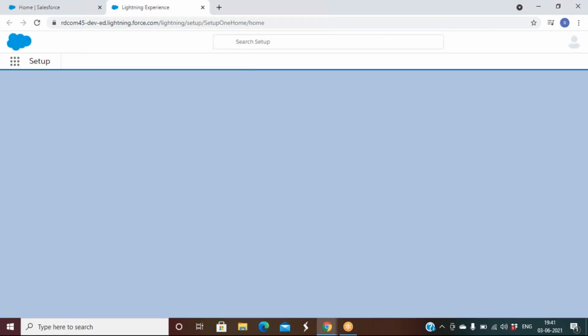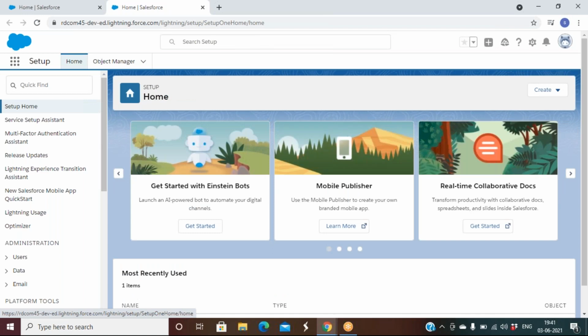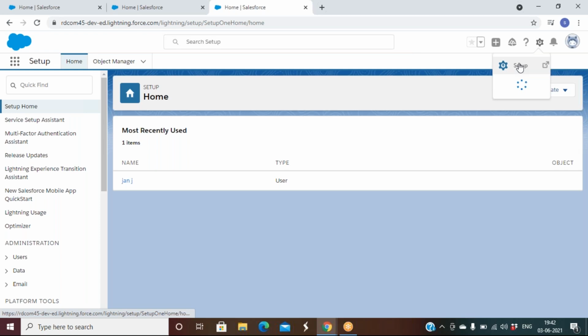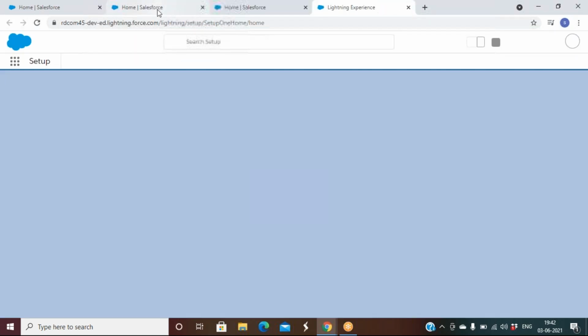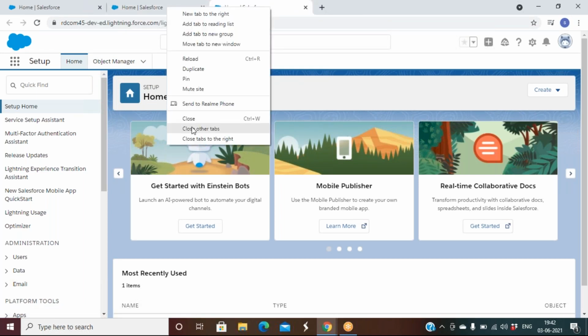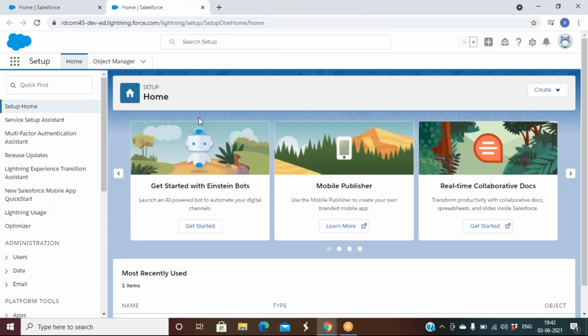Remember, can I open more than one Setup? We might have this question internally: sir, can I open multiple setups at a time? Yes, of course, you can open multiple setups, n number of setups. Click on Setup, and you can open multiple windows. But if you ask me, one or two is enough. If you open more than 10, you will get confused about what you are doing in which window. Okay, so now I just opened the Setup. I just came to the Setup.